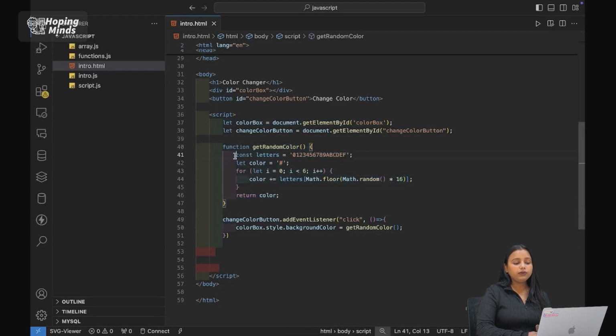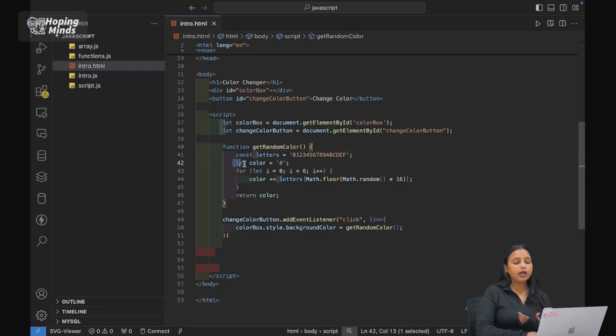So for that I have taken letters, where I know that the colors can be a combination of 6 digits and characters. That means if I have 0, 1, A, 2, C, this is going to be one color. Similarly, I want a random number to be generated.